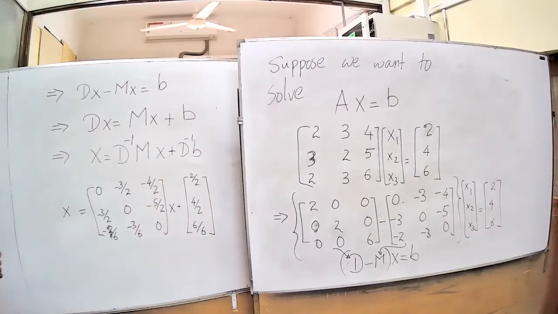Okay, so if you calculate D inverse M, you get this, and if you calculate D inverse B, you get that. So now you have X is equal to this times X plus that, right? But your question is you want to find X, right? So if you want to find X, what you can do is you start with